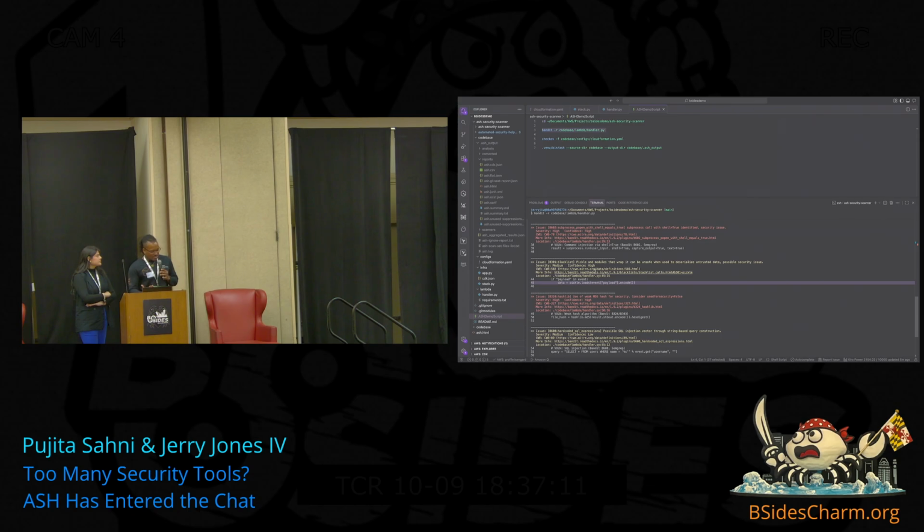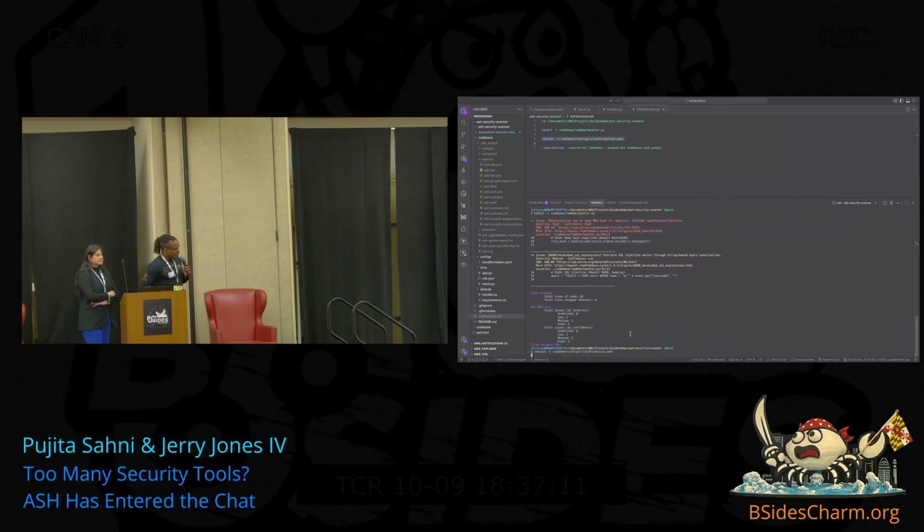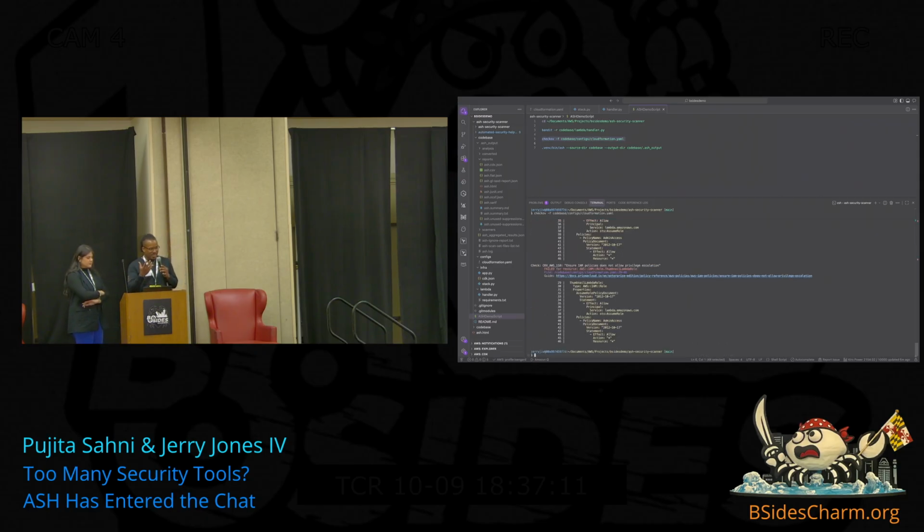Problem is, Bandit is a single-use tool. You have to install it, maintain it, and know how to use it and put the right commands. That's a lot to handle. What else can we find? Checkov is an infrastructure as code analyzer, which is great. Again, you gotta install it, manage it, learn how to use it, maintain it, and then run it. That is a ton. Let's look at that CloudFormation template that we use to deploy all of our AWS resources and see if it found anything that is problematic.